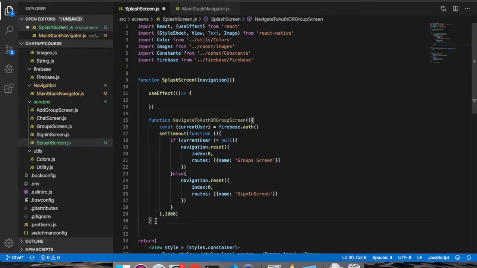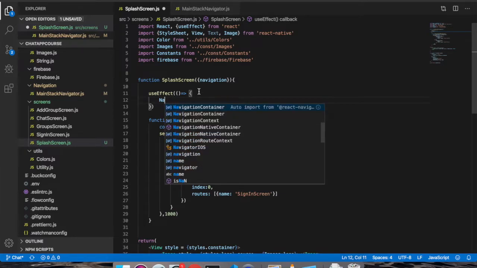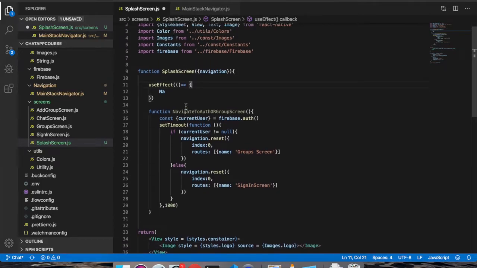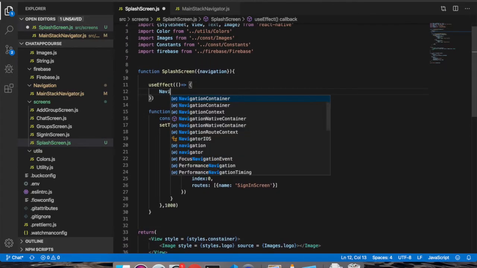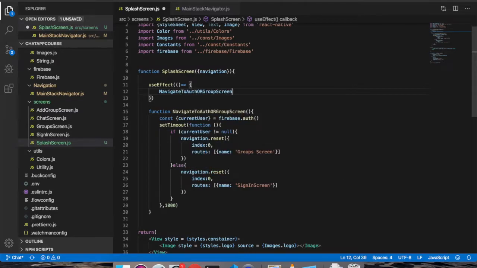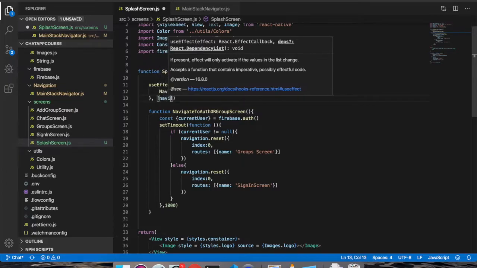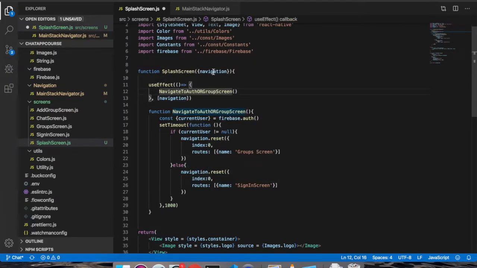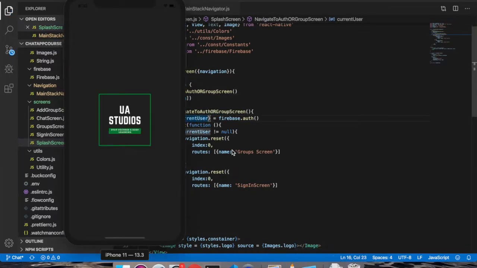Okay, right, so call this function here inside this useEffect hook, so it will be called only once. So okay, navigateToAuthOrGroupScreen. Here pass navigation. Okay, save this file, and if I run,